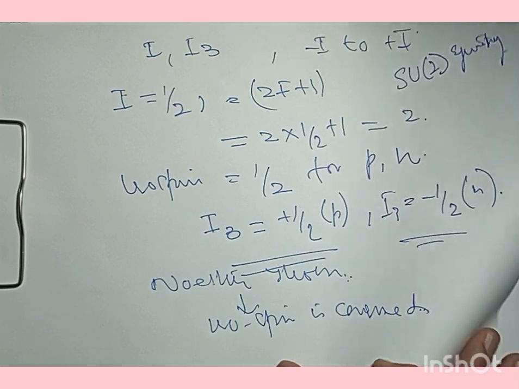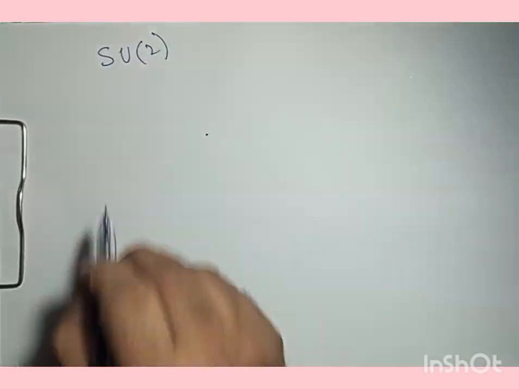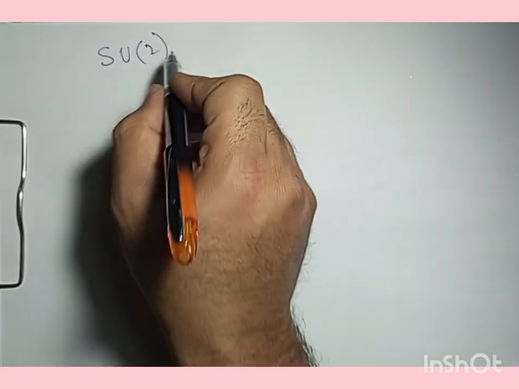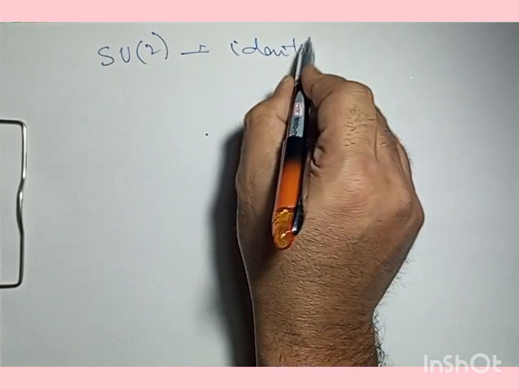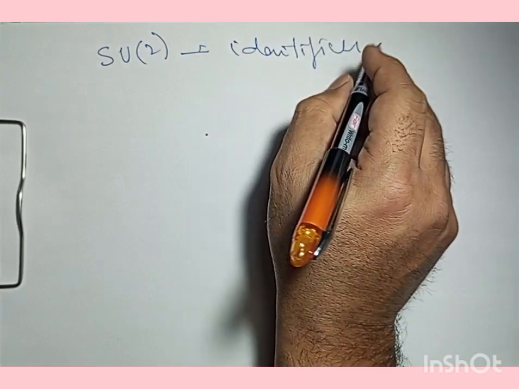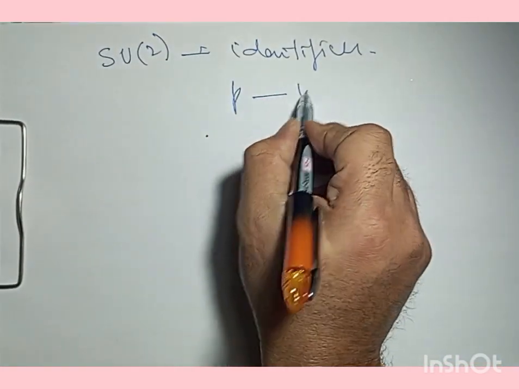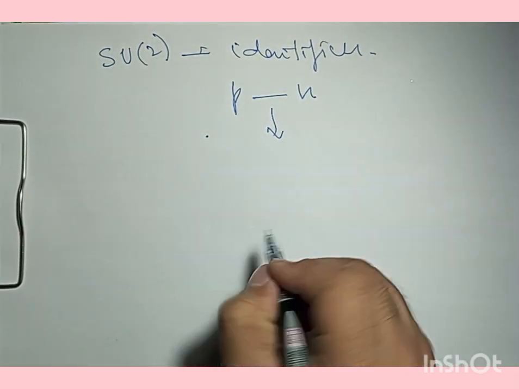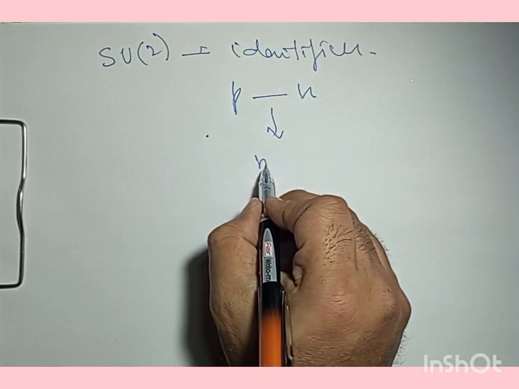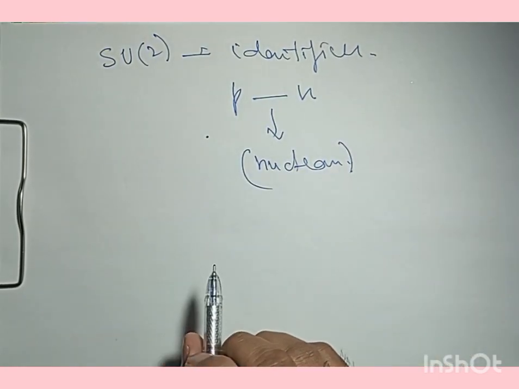Now, to state the same thing in some simple way, this SU(2) symmetry basically identifies the proton and the neutron as different states of the same particle. And what's that same particle? That same particle is a nucleon. And